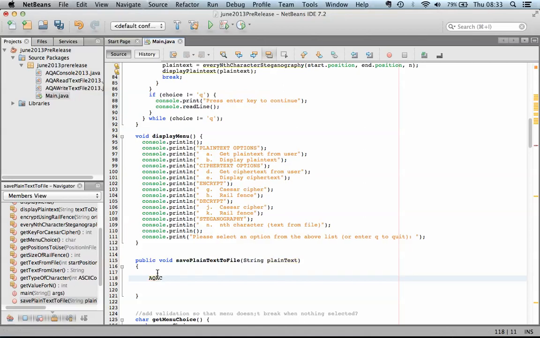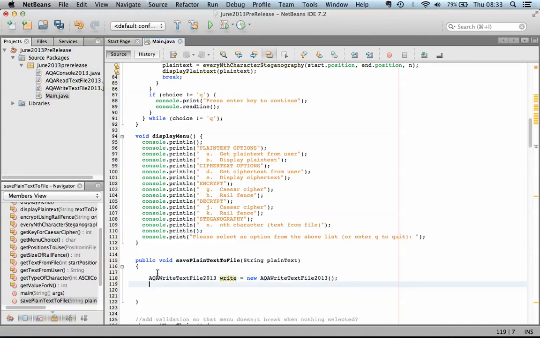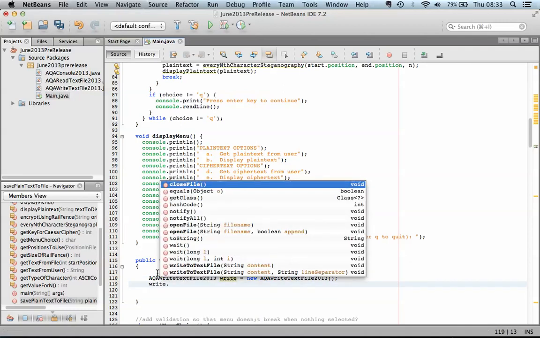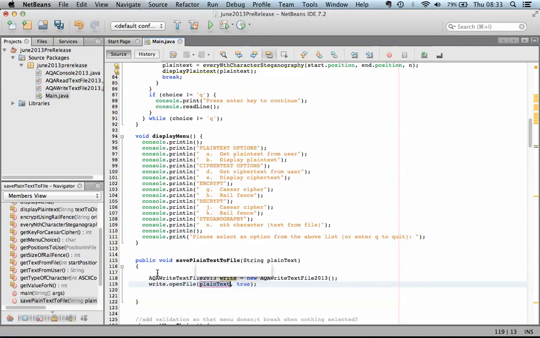So we need to call the AQA write text file 2013. Give it an identifier, so I'm going to call it write equals new AQA write text file 2013. Okay, so there it is set up. Now we need to open our file. So let's do open file, and I'm going to name the file plain text.txt, and I don't want it to append,